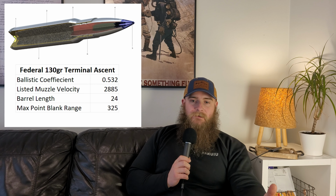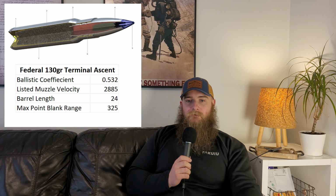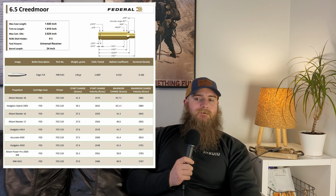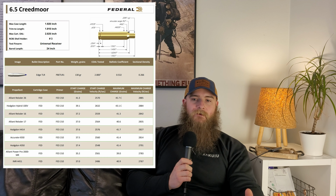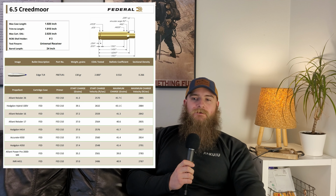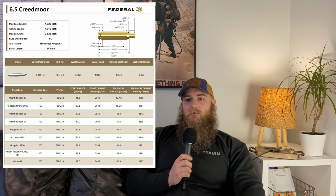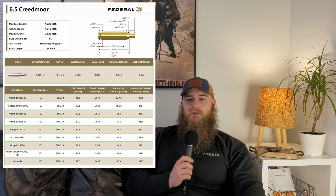But when one of the limited offerings that it comes in happens to fit your application, and when you can find it, it's a fantastic choice. So looking at the load data sourced directly from Federal's website, using a max recommended charge of Reloader 26, we can produce 2885 feet per second with a 24-inch barrel. And we can effectively get the same velocity using Hodgdon Hybrid 100V as well. And both of those are compressed charges, but I've never been shy about stuffing cases tight, so we'll use 2885